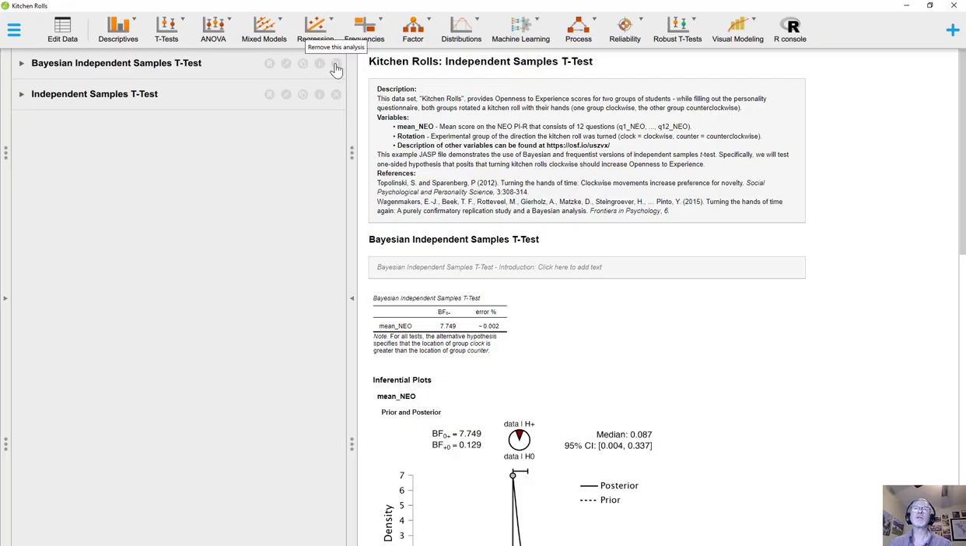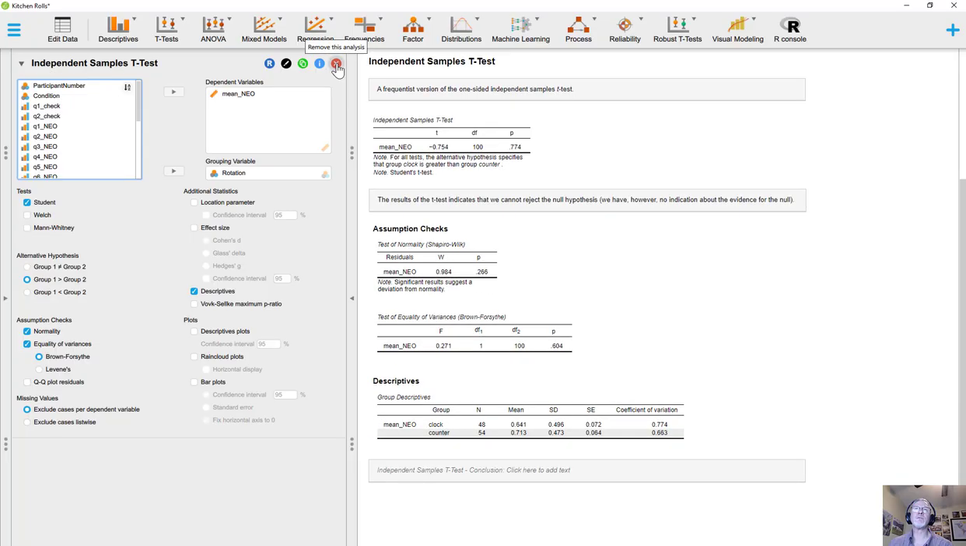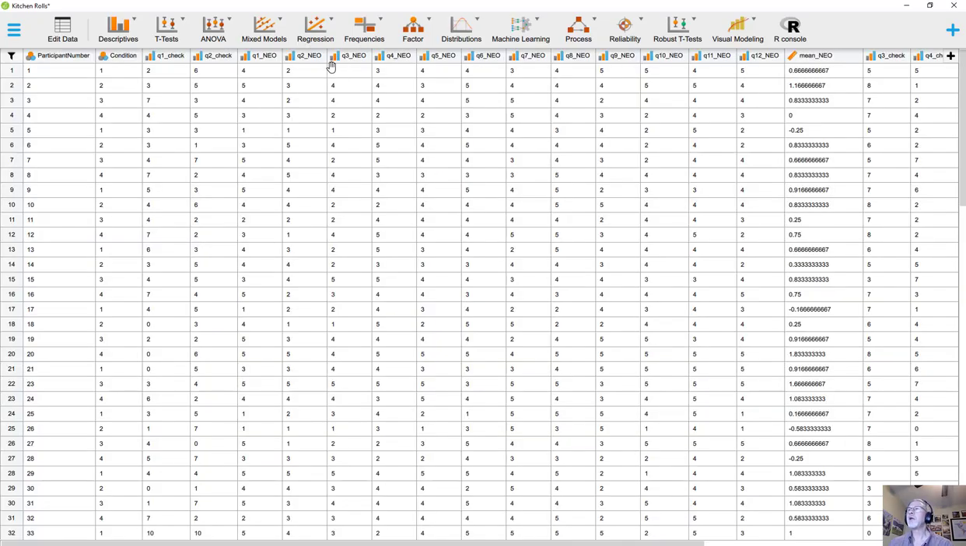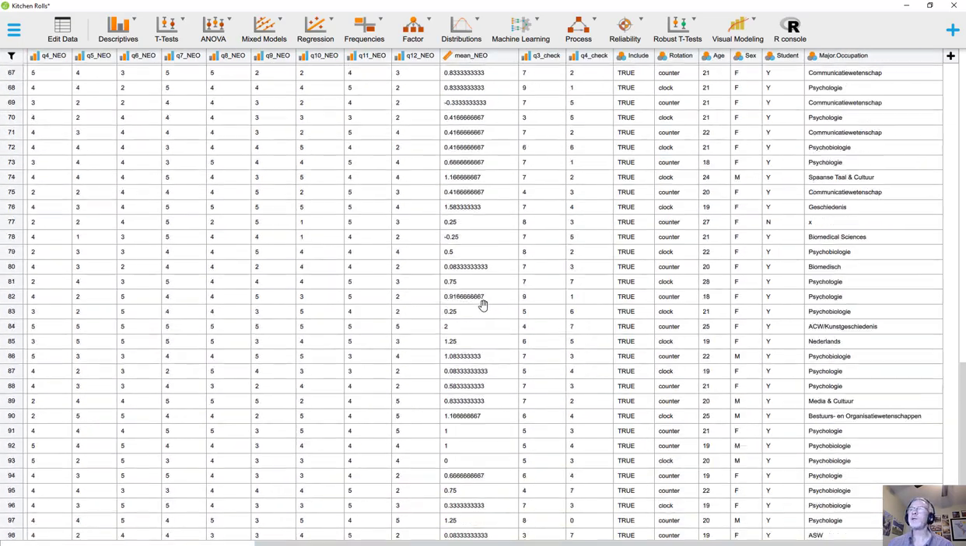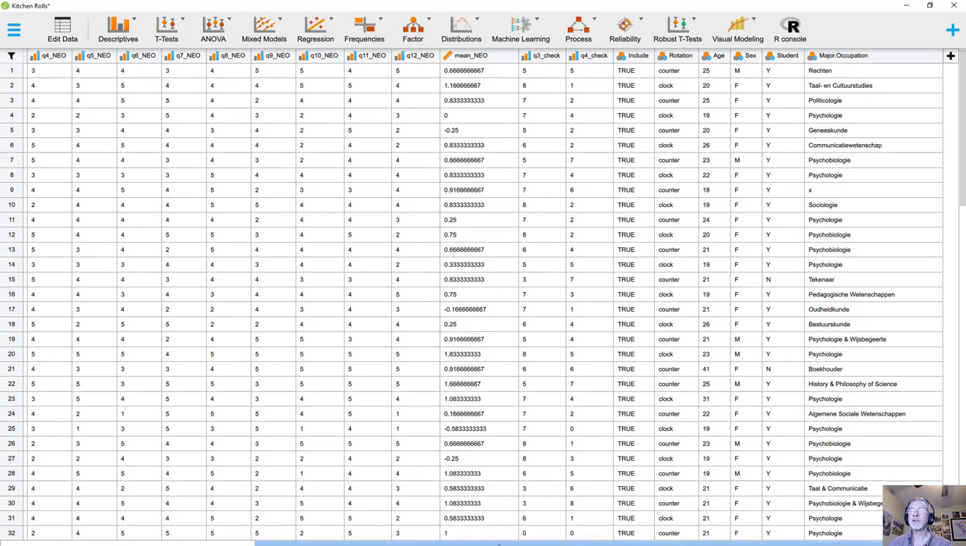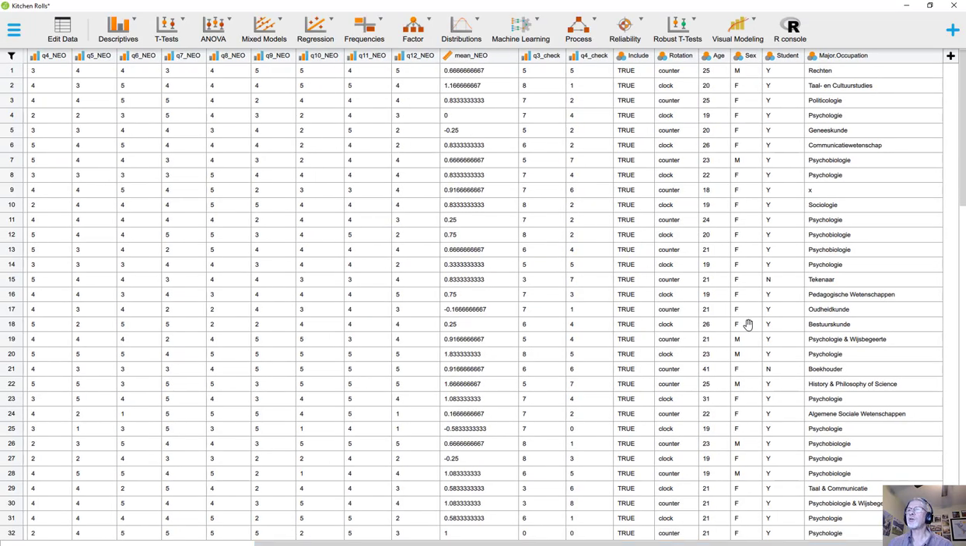We're going to first get rid of what's already there. And that just leaves us with the data set. There's about 102 people in this data set. And to focus our discussion,